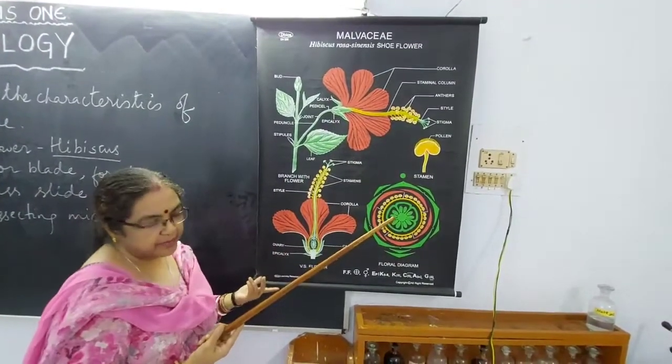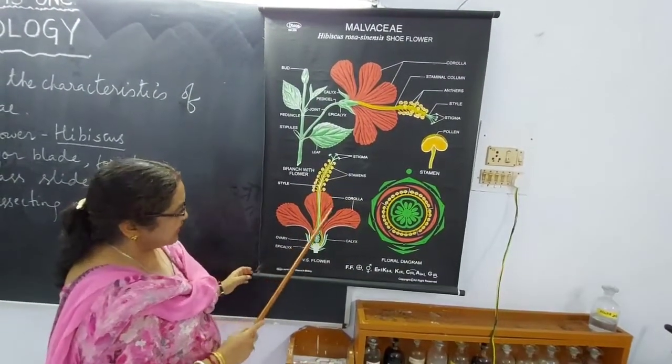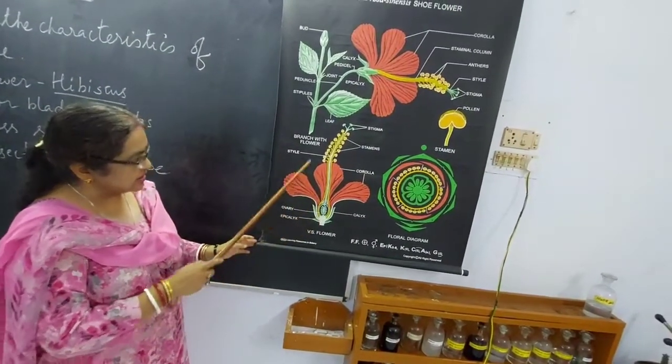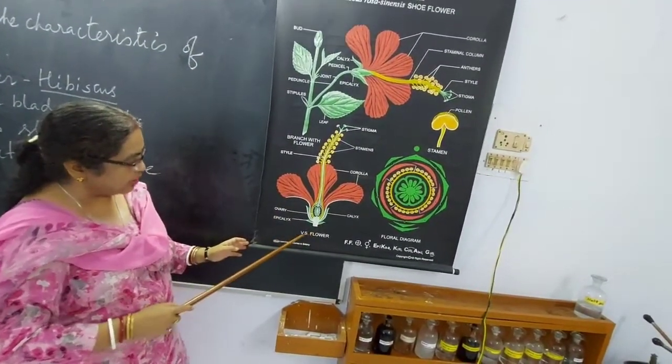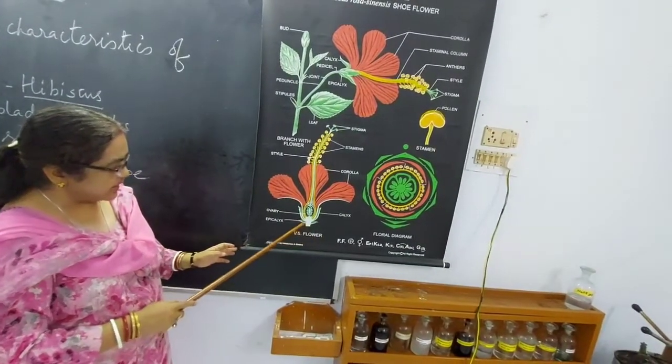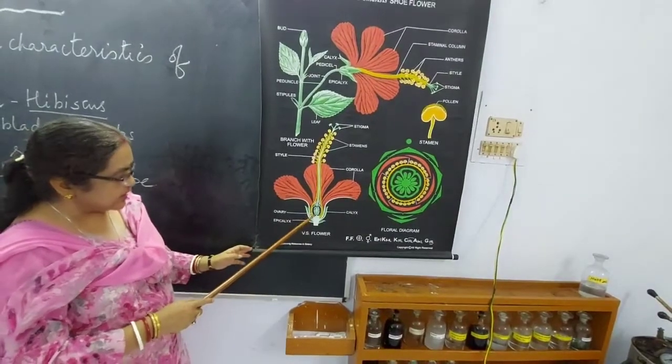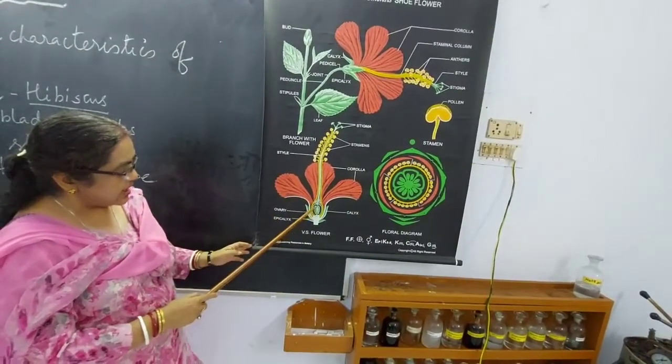The function of epicalyx is also protection. Now this is the one which you have just now made. This is the diagram of the longitudinal or vertical section of the flower. So epicalyx is the first fold, then this is the calyx, then this is the corolla, and this is the,